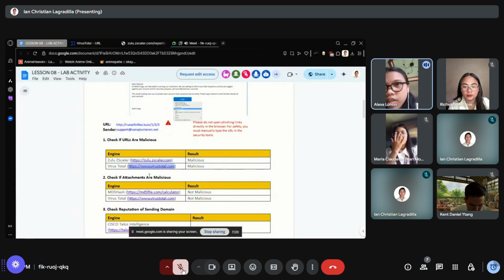Now let's move on to the file attachment, which we were supposed to investigate using its hash. However, in this case, the investigation cannot proceed because the required file is missing or unavailable.